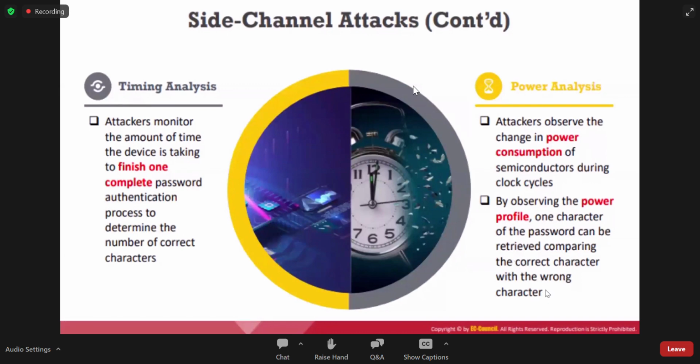So the thing is, the password check is going to be on a character basis. Each and every character will be checked one by one. If it is a correct character, the signal and the power consumption would be different from a wrong character. The same thing applies in timing: for a correct character, the timing of the processing will be different, in the nanoseconds. Using this also, we can easily predict the password of an OT device.